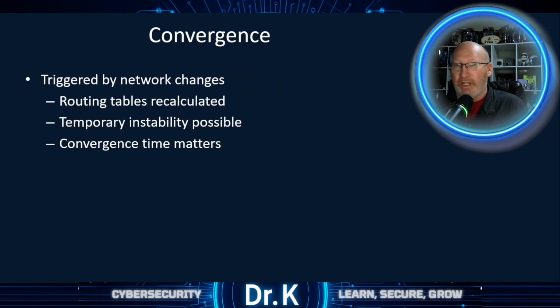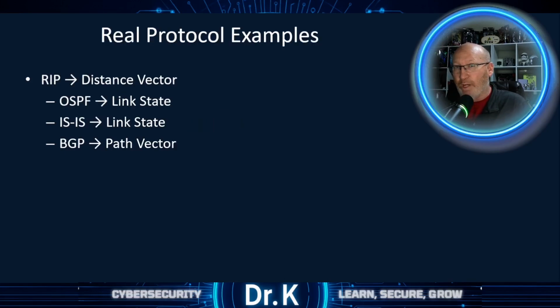If a link fails, a router dies, or something changes, then the routing tables have to update. Paths need to get recalculated, and during that window, well, there's a little bit of a wobble. Packets might briefly take suboptimal paths. Sometimes temporary loops can form, and the adjustment period is called convergence. Fast convergence equals fewer disruptions. Slow convergence, well, that's just weirdness. And at scale, even small delays can ripple outward. Milliseconds actually matter when we're talking about the global internet scale. This isn't theory, it's running the internet.